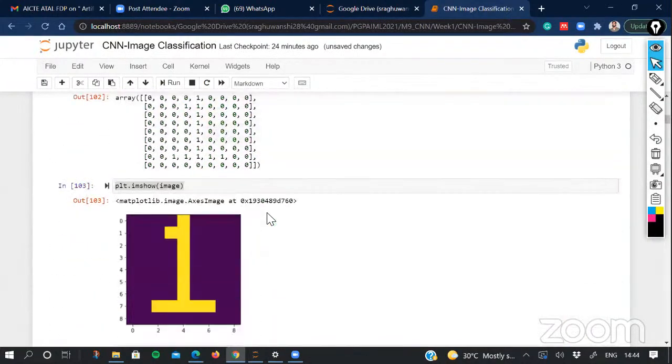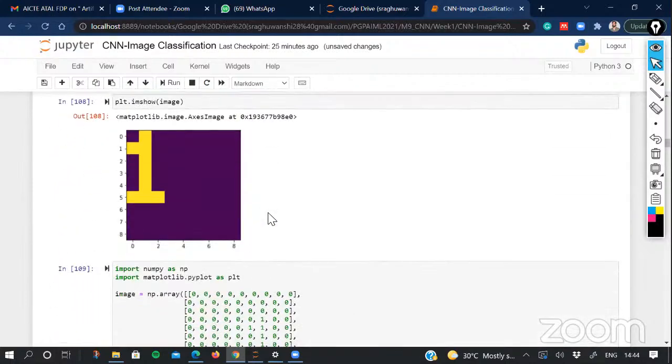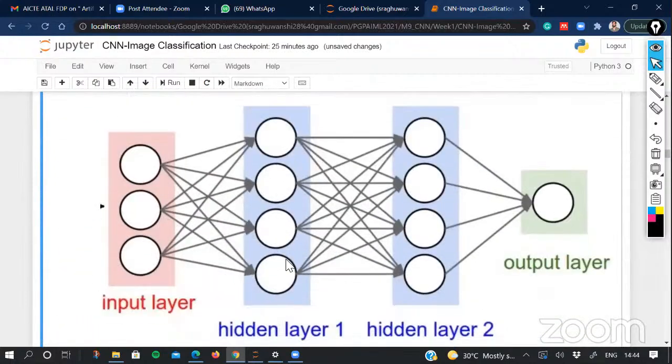And this is one of the reasons why we cannot use fully connected networks to solve this, because whenever we process data through a fully connected network, you have to convert this 2-dimensional representation into a vector which you can feed into the input layer, and then that data is processed through the sequential layers, such as hidden layer 1, hidden layer 2, and finally you get an output on the output layer where you get the label of that particular image.